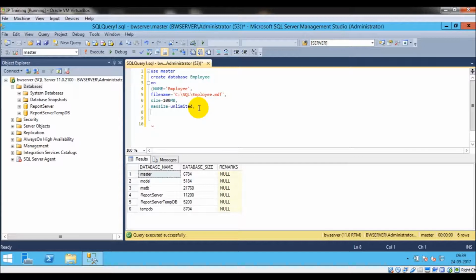And then we have file growth, which will tell us by how much my file will grow when it reaches 100 MB. So I can give it either in percentage, or I can give it in MB. So I'll give it 50 MB, say that my file growth will be 50 MB. And then